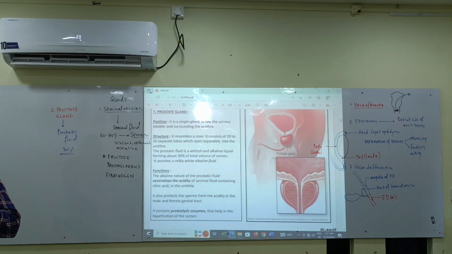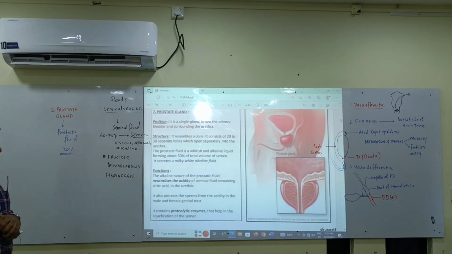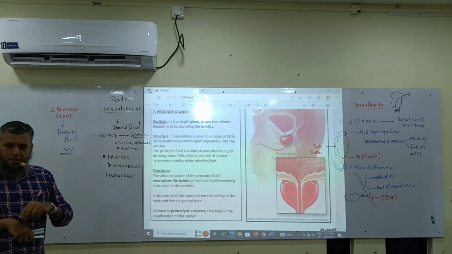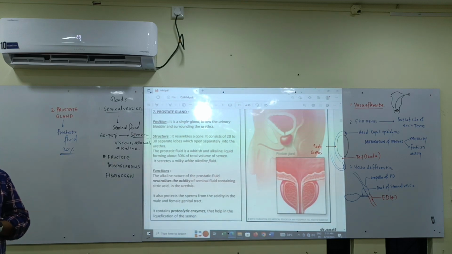Okay? Another thing is, आपको मालूम है just कुछ टाइम पहले fibrinolysin बोला था. It's an enzyme which will help in liquefaction of the semen again. Prostatic fluid will contribute to that. So it will show the presence of proteolytic enzymes which will help in the liquefaction of the semen. Any problem realized,